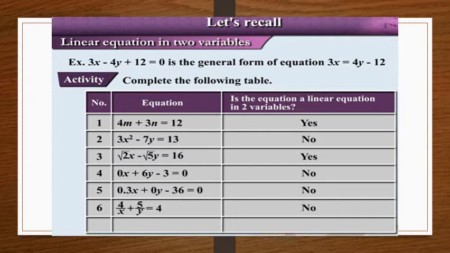Okay. Let us move on to the last example. 4xy minus 5y minus 8 is equal to 0. So here each and every term should have one variable, but the very first term 4xy has two variables together. Okay, so that means this is not a linear equation in two variables because two variables are together. It should be separated with mathematical operation. But here we have x and y both in the first term. So this cannot be a linear equation. So I hope you have understood the conditions or criteria to be a linear equation in two variables.